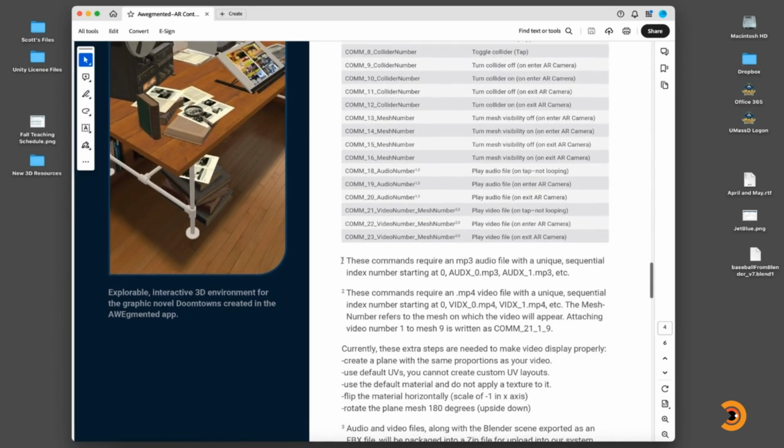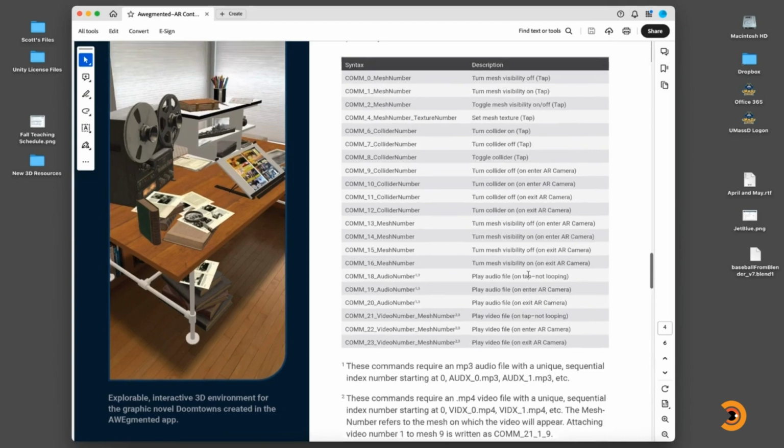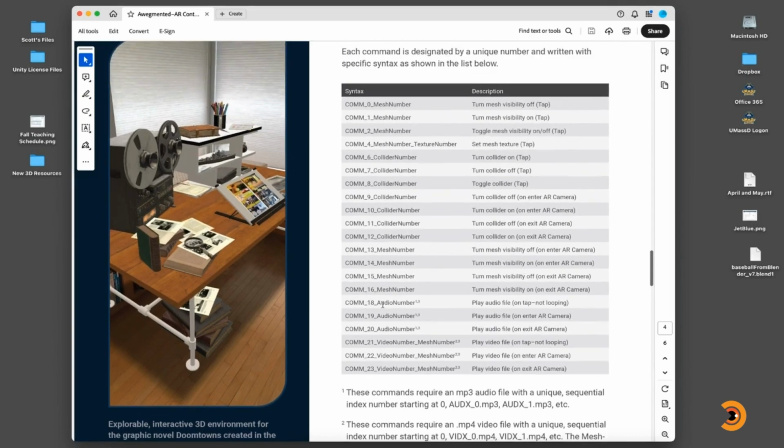And here you can see 1,3, which means that you need to check down here and see that these commands do require an MP3 file, an audio file with a unique sequential number. So AWEgmented_0 would be your first audio file. AWEgmented_1 would be your second audio file, and so on. So there we go. We're going to type